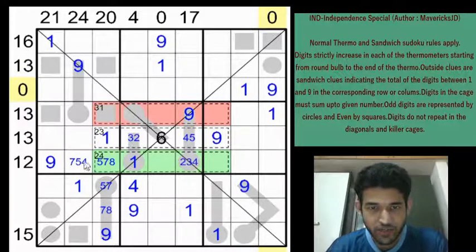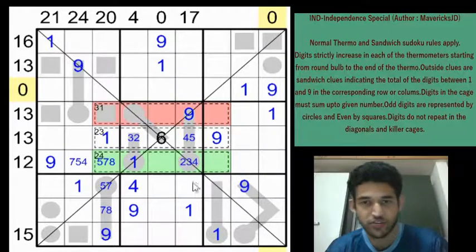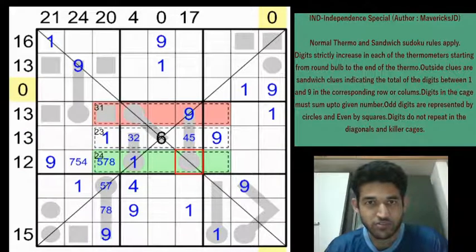Can you have a 2 in row 6, column 6? If you have a 2 here, then at max you will get 2 plus 5, which is 7, and then 7 plus 8, which is 15, which is not going to satisfy the 17th clue. So we can eliminate the 2 from row 6, column 6. So this is going to be only a 3 or a 4.